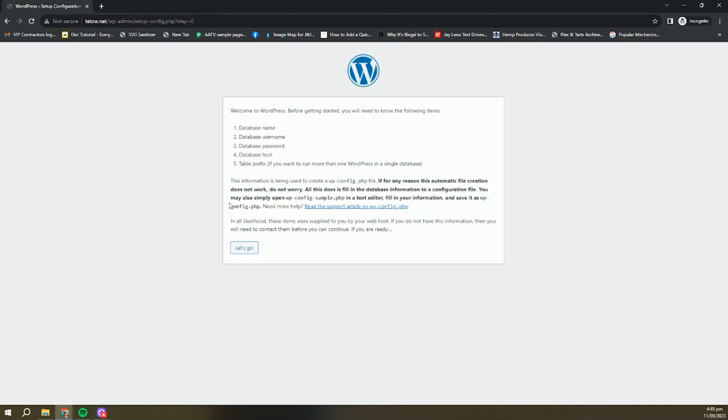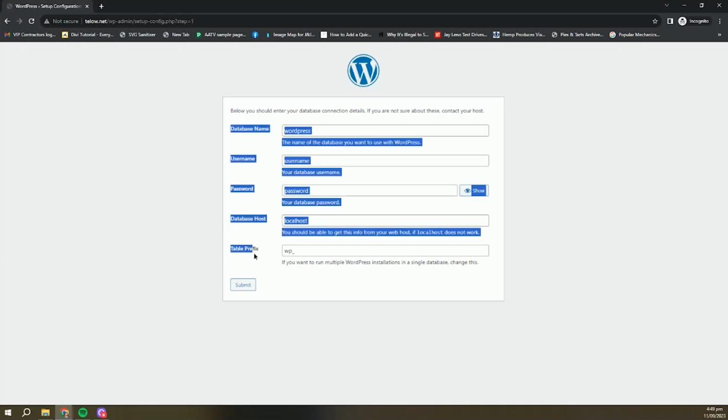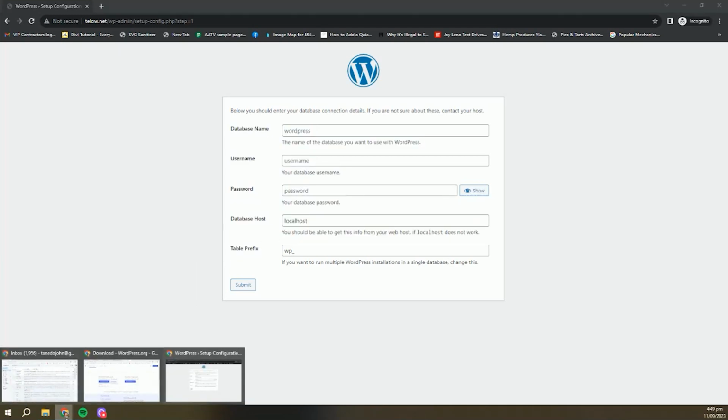There. So you click on let's go. So you'll need the database name, username, password, database host, and table prefix. So let's go back to